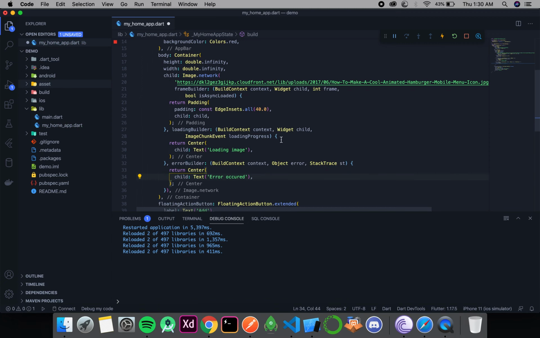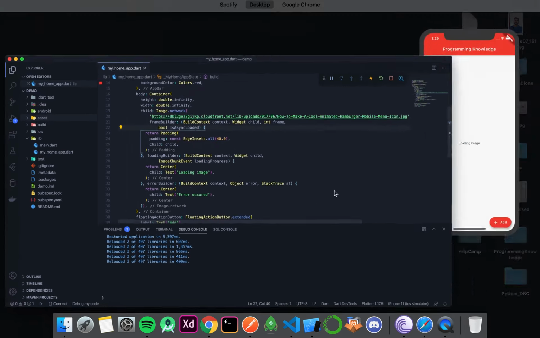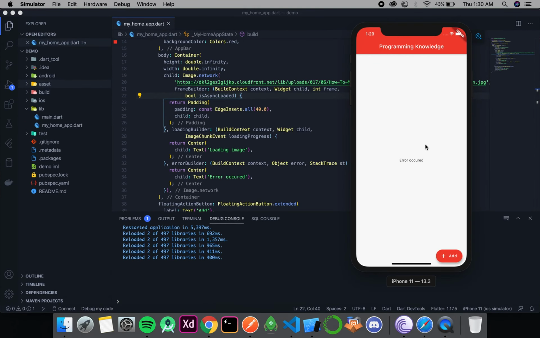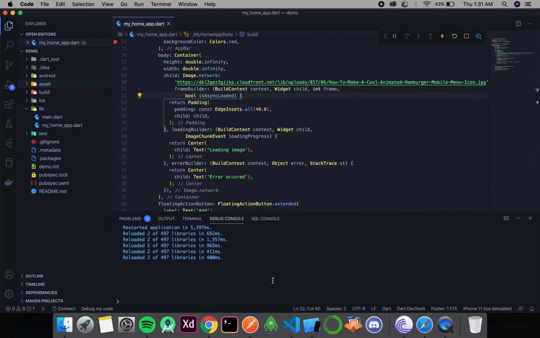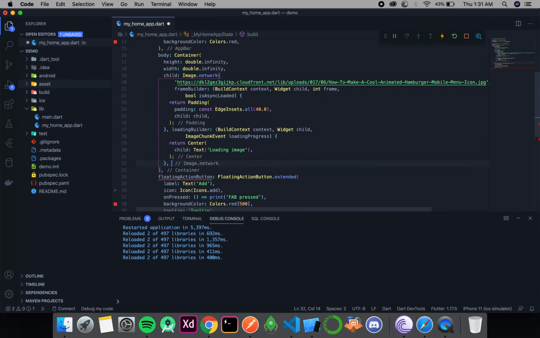Okay, so now let's run this, and before running I'll remove just one letter from here so that this URL is invalid and this errorBuilder should be called. Okay, so let's see. And you can see 'Error occurred' is written in the center, and along with this you can also see in the terminal we are not getting any errors